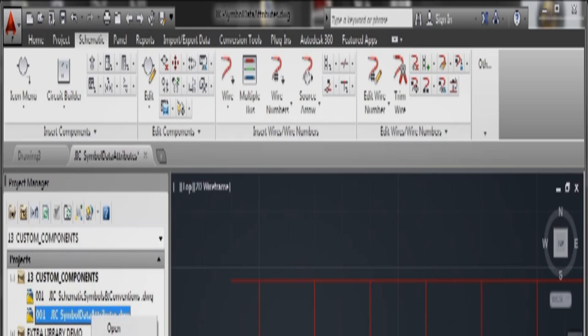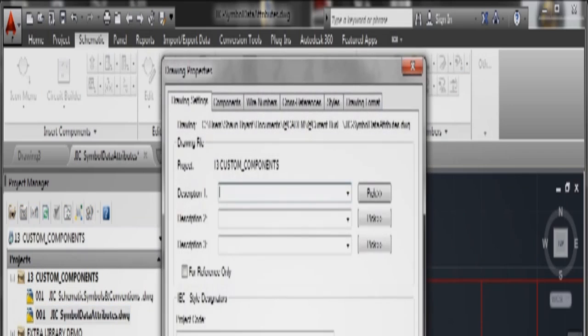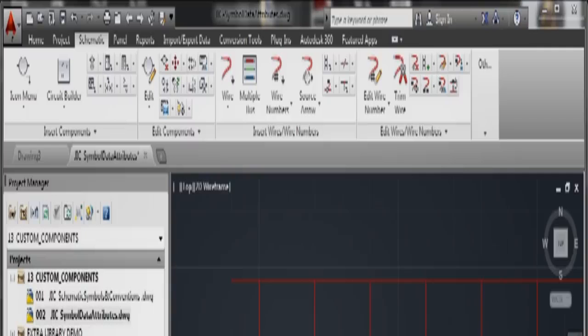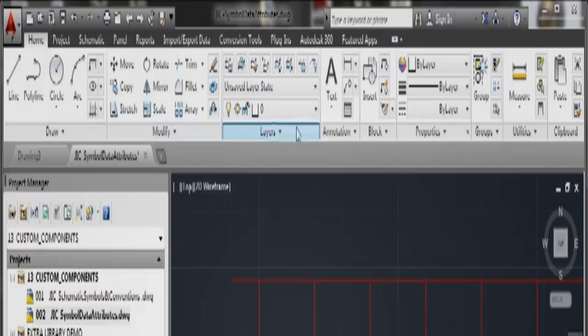So we'll right click, properties, drawing properties, make sure that sequentially we're numbering properly. Again, get into the habit of doing this, saves a lot of time later. Okay, so we've got symbol data attributes. I'm going to go to the Home tab. I'm going to make sure I'm using the